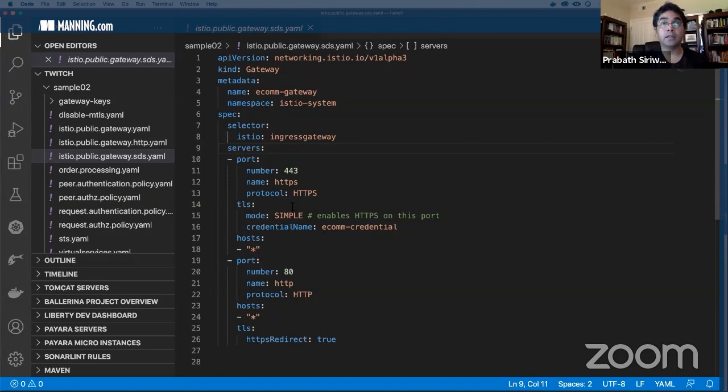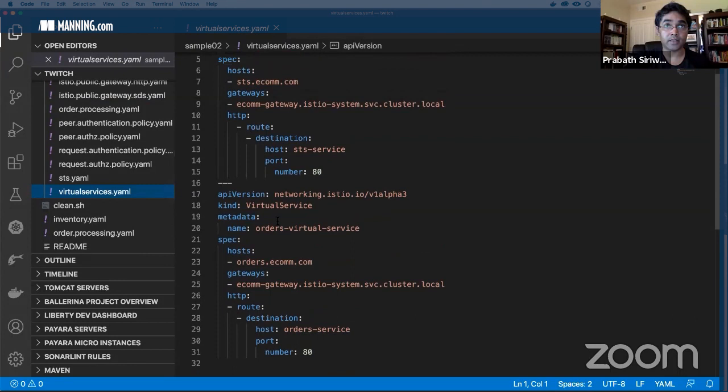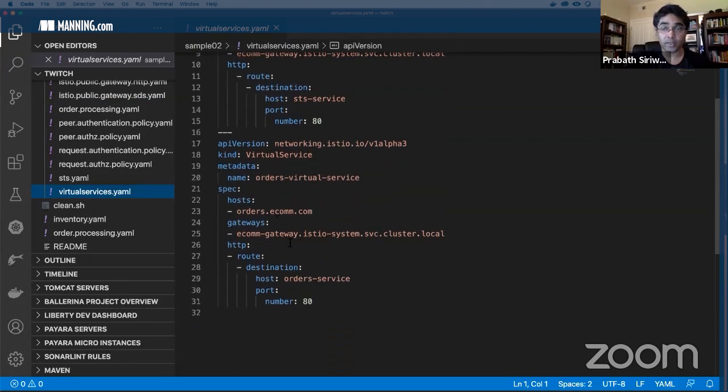Once Istio picks this particular gateway resource, it will also try to find out what the virtual services associated with this gateway are. If you go to our virtual service definition, this is the virtual service definition of the order processing microservice. Here you can see this defines a hosts element. This host element should match the host element we define in the gateway resource.